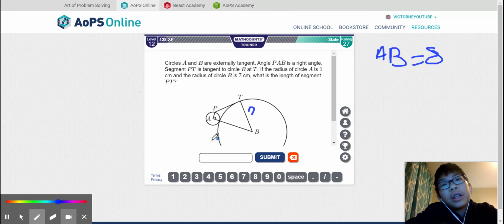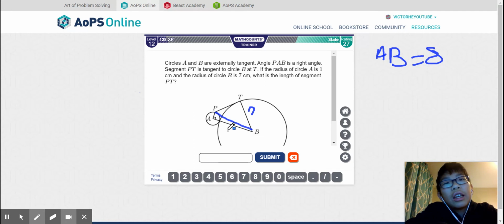Okay, so I think we can use the Pythagorean theorem. If we draw this really thin line, and we know that this is 8 and this is 1, this would be square root 65 due to the Pythagorean theorem. So if this is square root 65, and this is 7, so basically